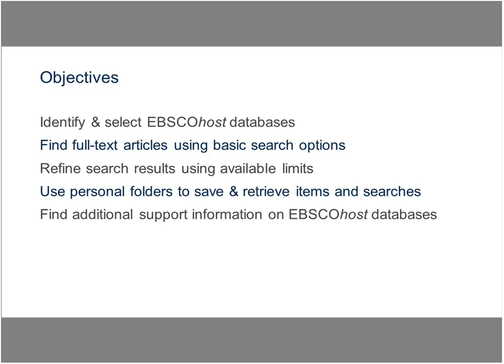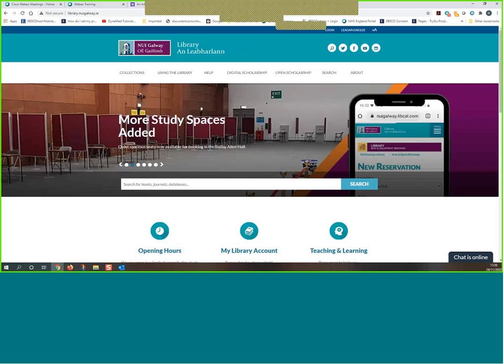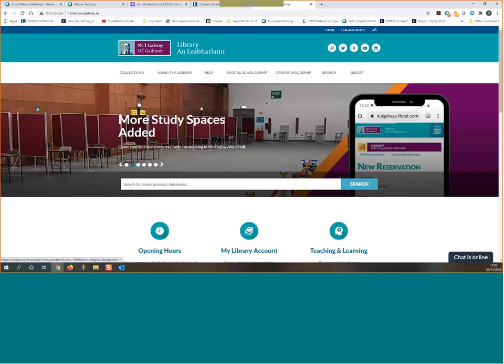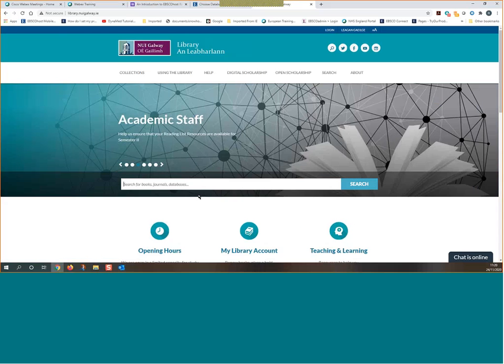The first thing I'm going to do is go to my desktop to highlight access. I have some screenshots in the PowerPoint for reference post-session. If I need to, I'll refer back to those as we go through this, but a lot of the information there is ready for you to refer to after the session. I'm going to share my desktop with you right now. You should see the library homepage for Galway. To access the EBSCO databases, you just enter EBSCO here